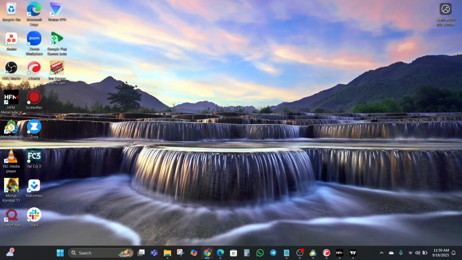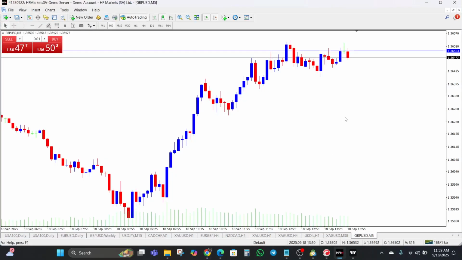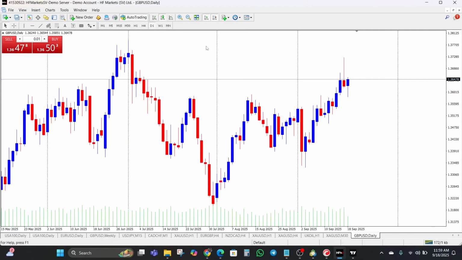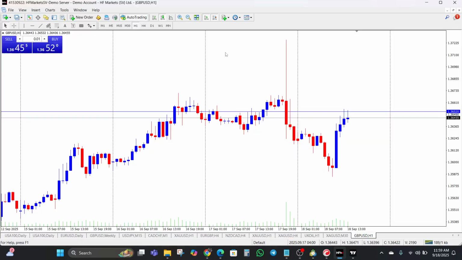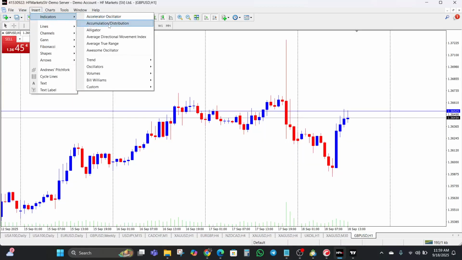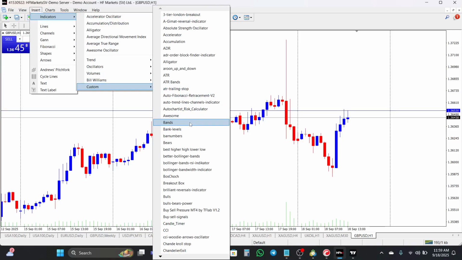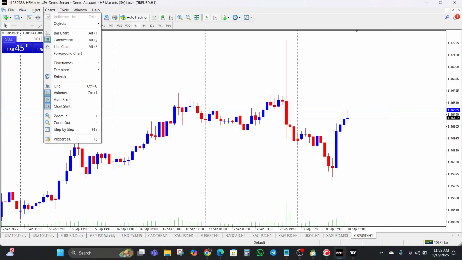So let us begin with MetaTrader 4. Now, this is one of the most recognized trading platforms in the world. Day traders love it for its simplicity, fast execution, and easy customization. MT4 allows you to use custom indicators. A lot of custom indicators can be used on this platform. You can also make use of your expert advisors, and